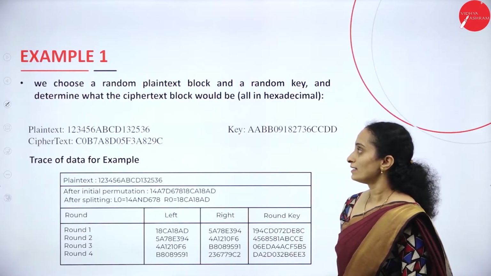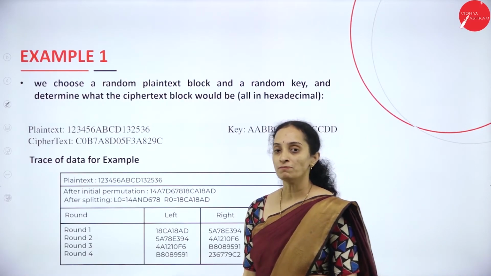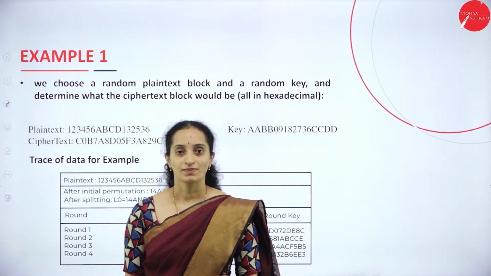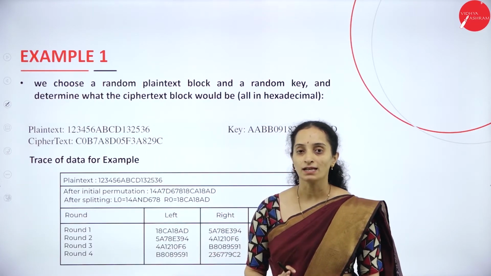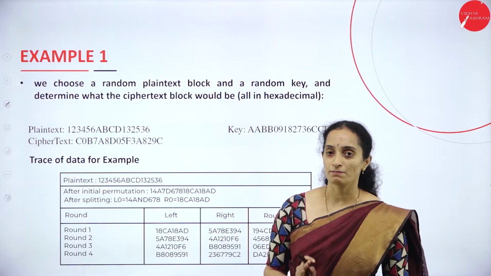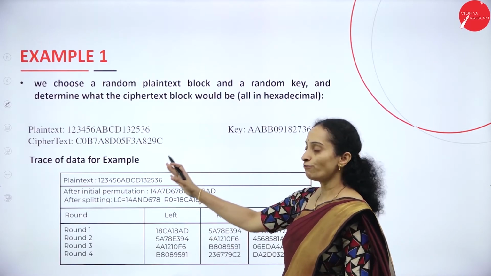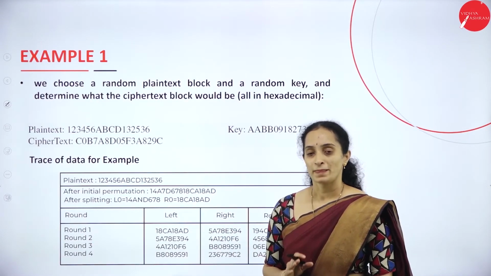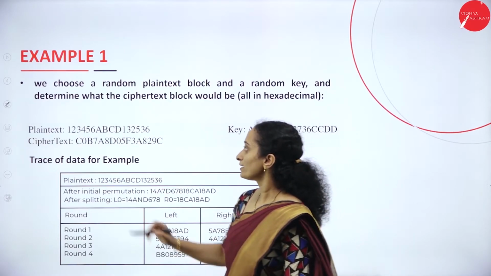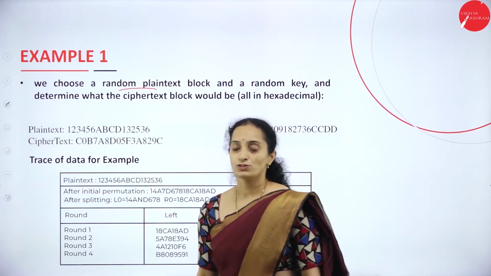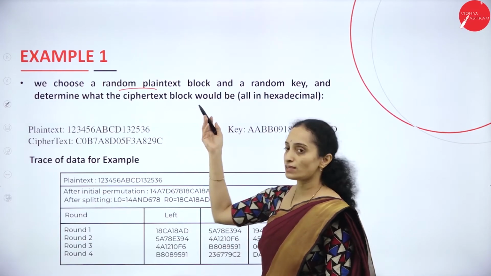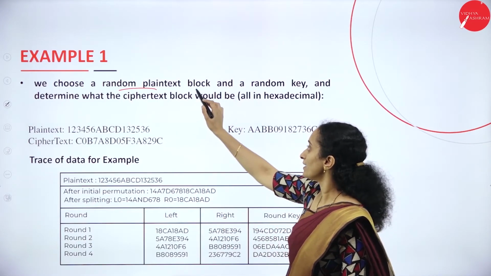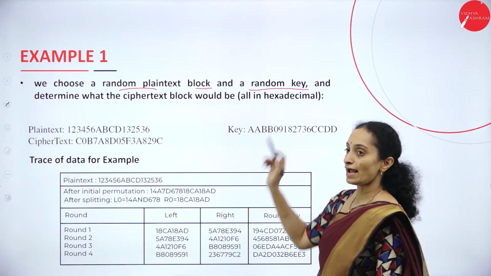Alright. Next we have some examples that show how encryption and decryption are carried out in the case of DES. What we choose is a random plain text block and a random key.